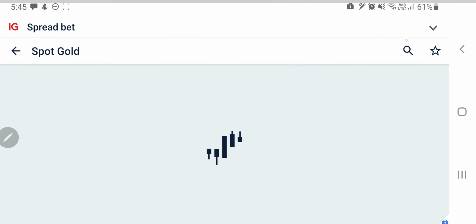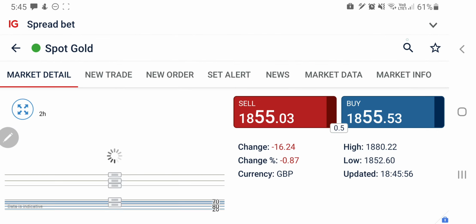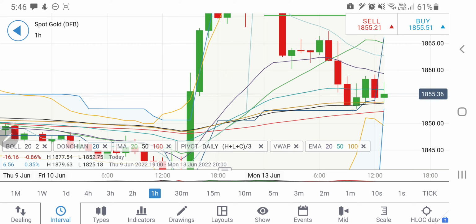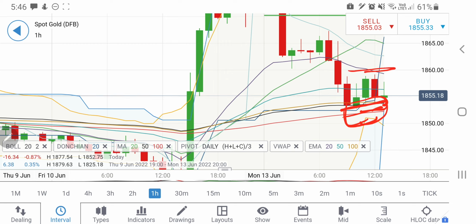Let's start the day with gold first. Gold is right now trading at 1855. On the hourly charts, gold is trying to get some support in this zone between 1850 and 1855. I told you early in the day that it is certain to drop towards the 1850-1855 zone, where a very strong support lies. Similarly, there is resistance for it to trade above 1860. So in between 1850 and 1860, I will not recommend you take any position.